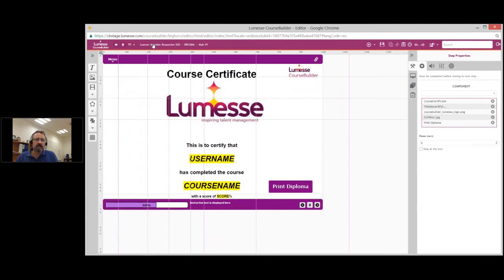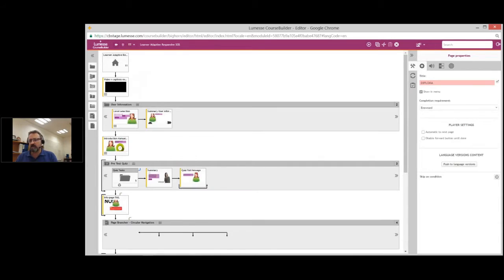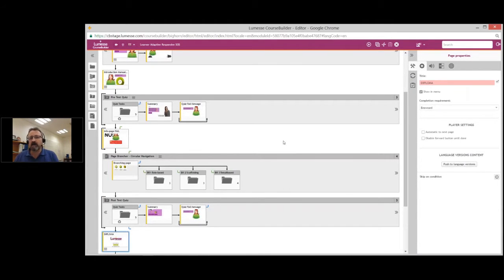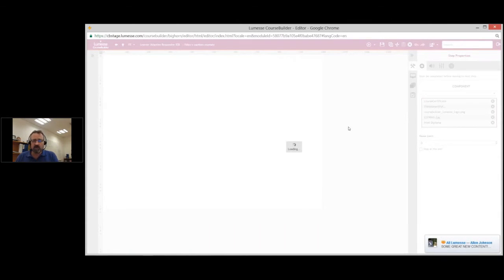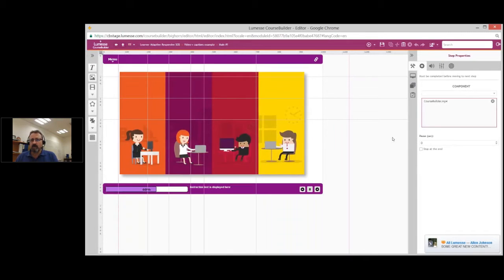But the ability to create your subtitles directly in CourseBuilder is a much requested feature, because in previous versions of CourseBuilder, you've had the ability to add subtitling. And the way that you would do this is by